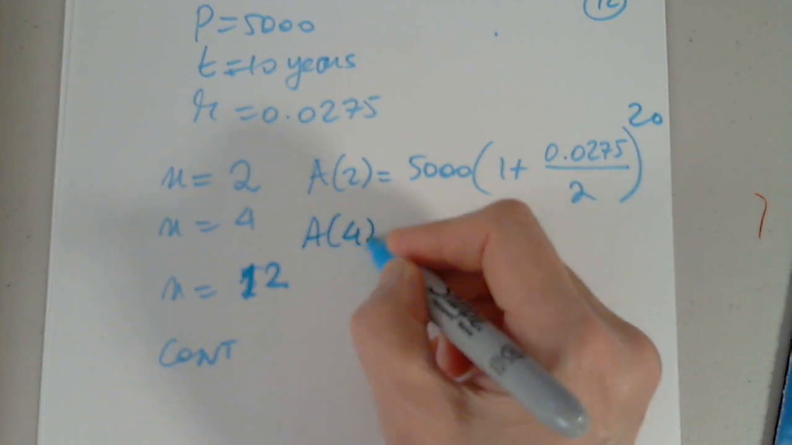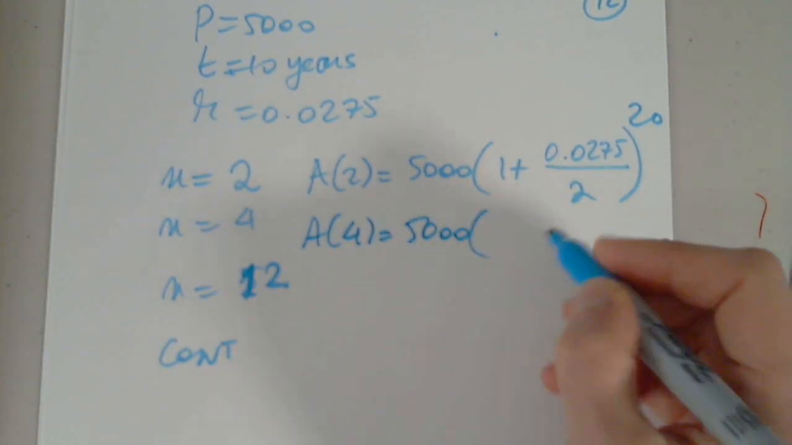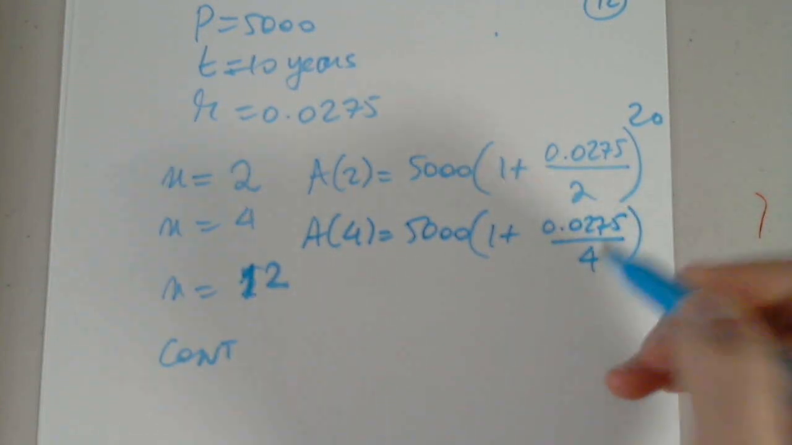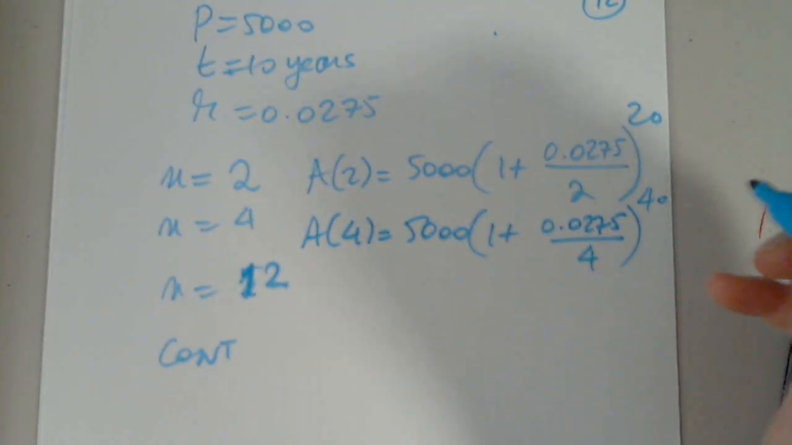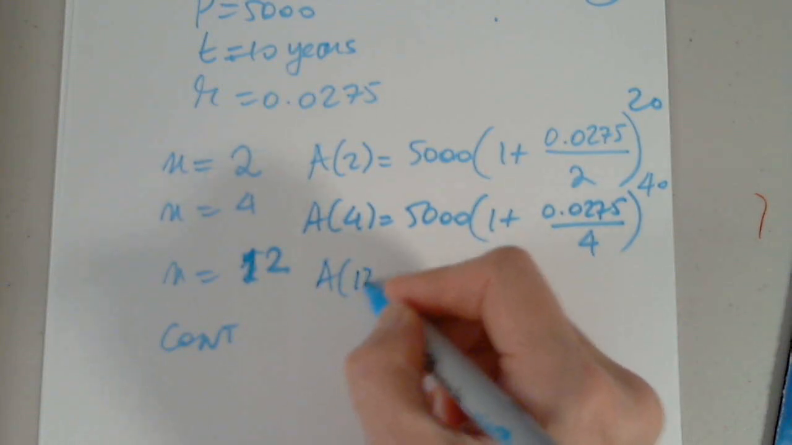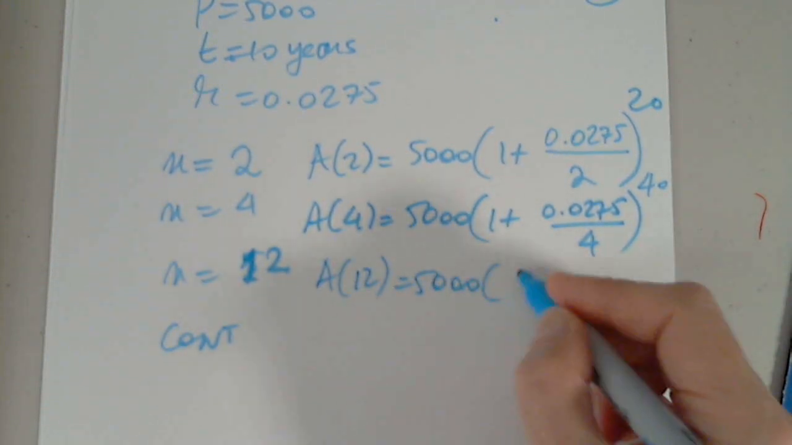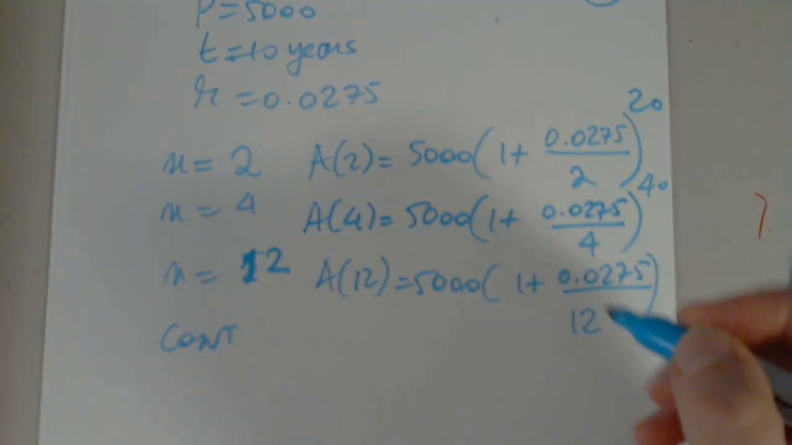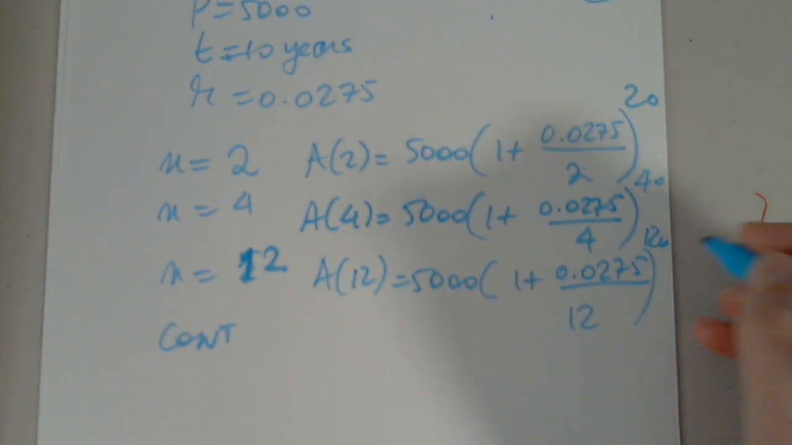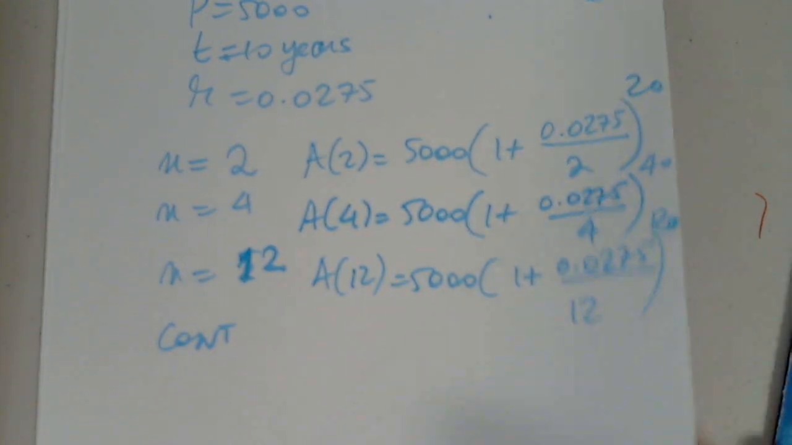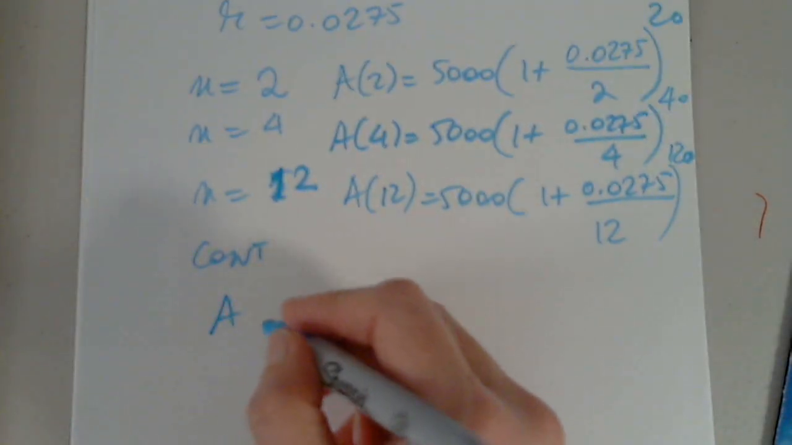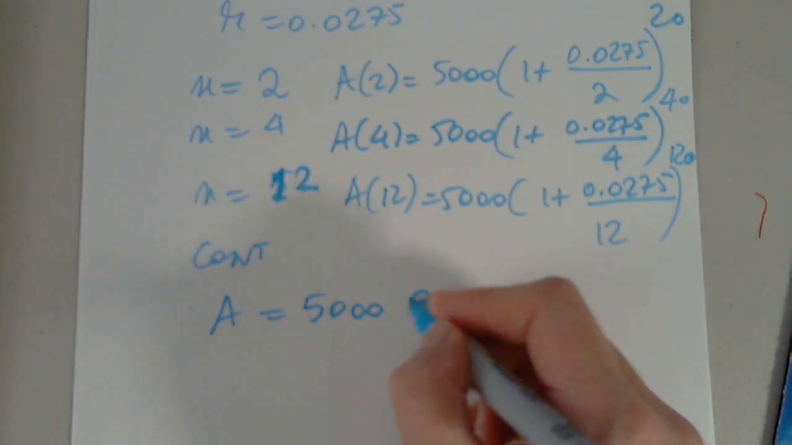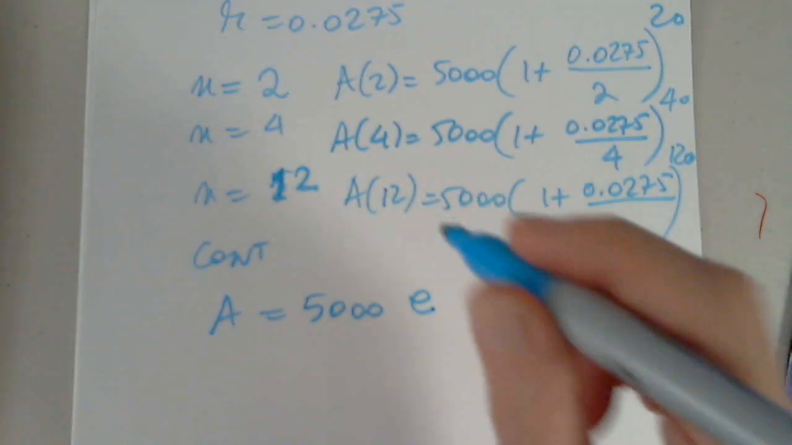This one would be 5,000, 1 plus 0.0275 over 4 raised to 4 times 10. And this one will be 5,000, 1 plus 0.0275 divided by 12, and 12 times 10 is 120. The continuous one will be A equals 5,000 and e raised to power rt,